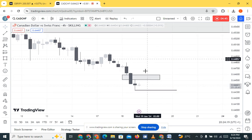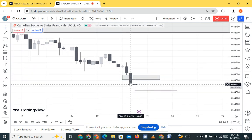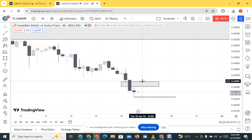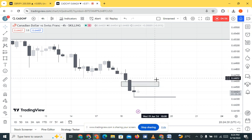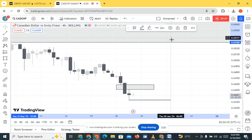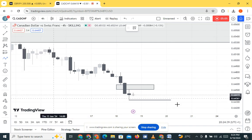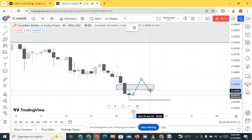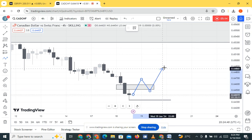But if it doesn't, if it gives us this kind of expansion phase candle, then we should be looking for fair value gaps being created and then traded back into, for us to start trading back into this initial fair value gap up there. So what I mean is that we should see an expansion phase candle to the upside and then a rejection into the fair value gap that will be created,